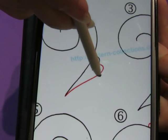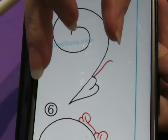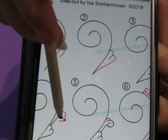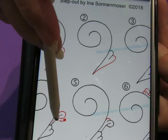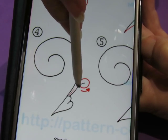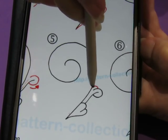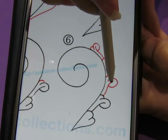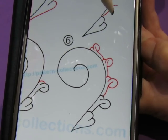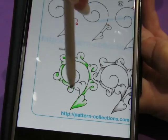So we're going to do this one, then we're going to do that one. And then we're going to do this. Because you're aiming for, you have this upward spot. It's kind of confusing, but when you watch me draw it, it's not that bad. So you're going to have this little upward spot, and then you're going to come around like this, but you're not going to come all the way down, and then you're going to go like that. So you're going to come up, part way, and then like that. Up, part way, like that. Up, part, and like that. And we're going to do that all the way around